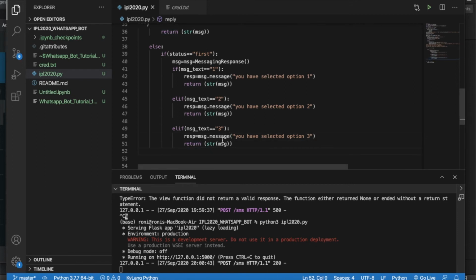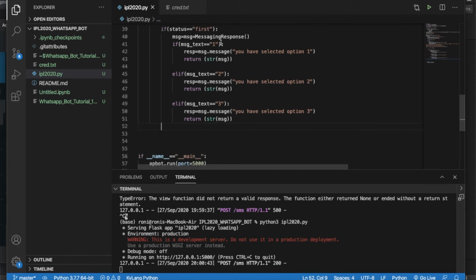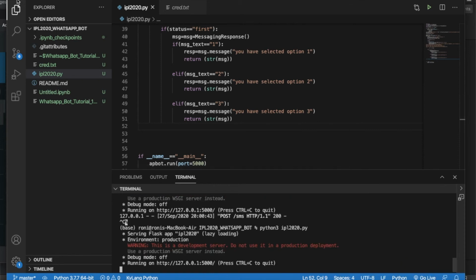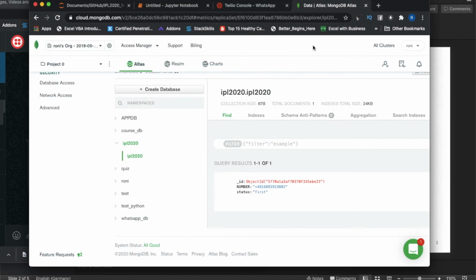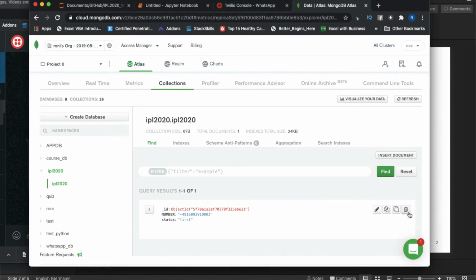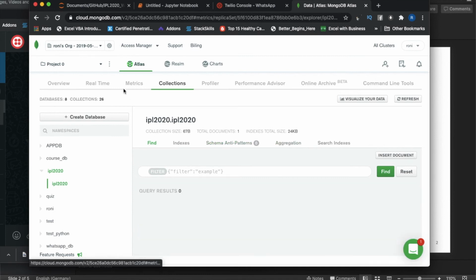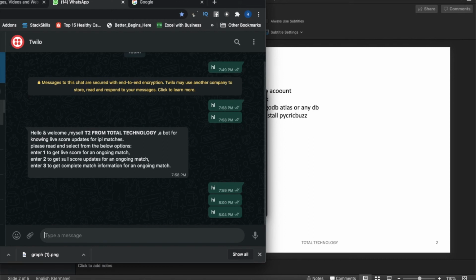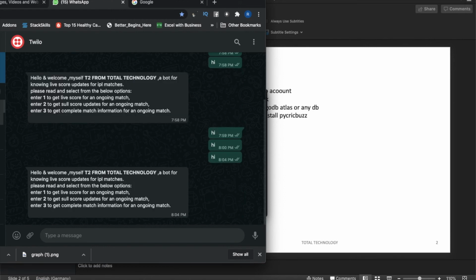And let me just remove this thing, this if else statement is not needed anywhere. So if I select one, it should write this. Now I'll just press Control C, and execute this thing. Now let me remove everything from the MongoDB once more, so that I can do the full testing. Okay, so right now everything is deleted. So now do the testing again. Hi, so if I write hi, it should write this thing. Okay, fine. So now I'll just try to enter 1.